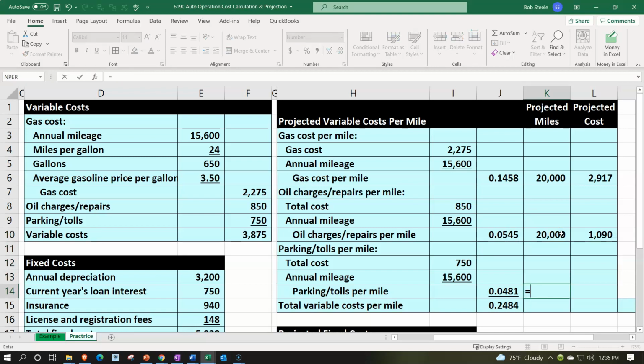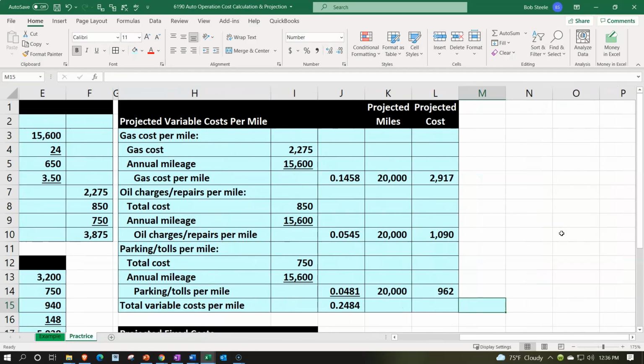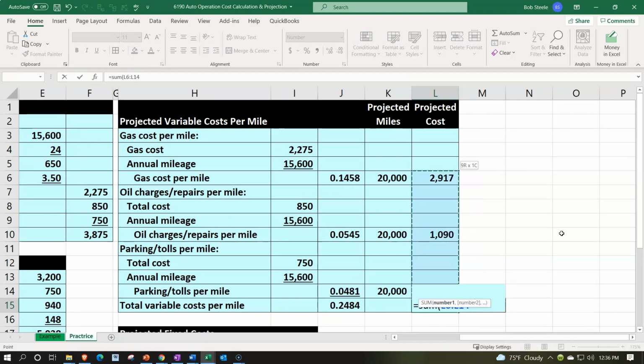And then we think that the tolls, because we're going to be driving more and we're always driving over the speed limit, so we're going to have to get more tickets just as a matter of probability, apparently, we're calculating to be 962. So we could sum this up equals the SUM like so,